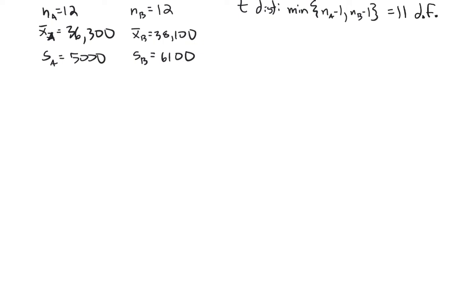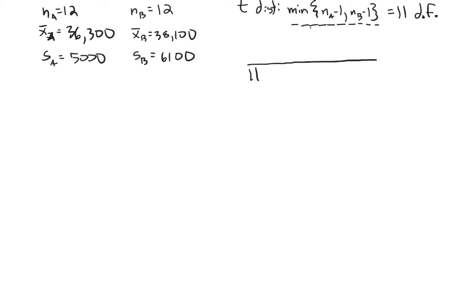of freedom. Okay. Note that in the book and in lots of statistical applications, they use a more complicated and in some sense a more accurate formula to estimate the degrees of freedom in this case, but it's a little complicated to do by hand, so for our purposes we'll just say that we're going to use that conservative estimate here. Okay, so we know we have 11 degrees of freedom.